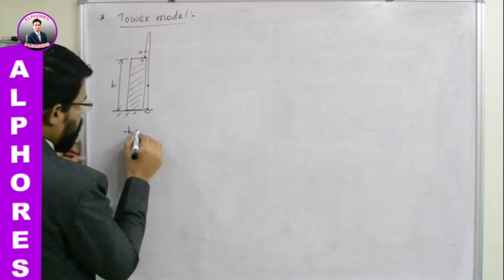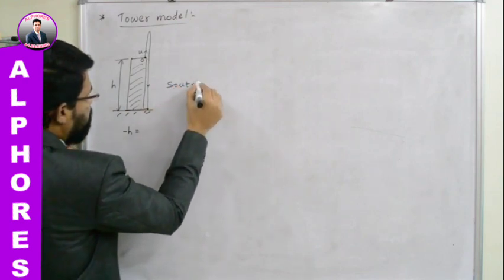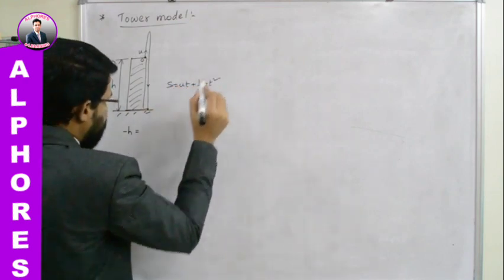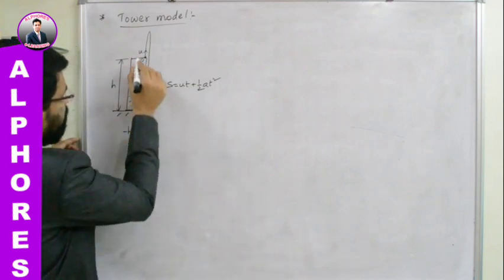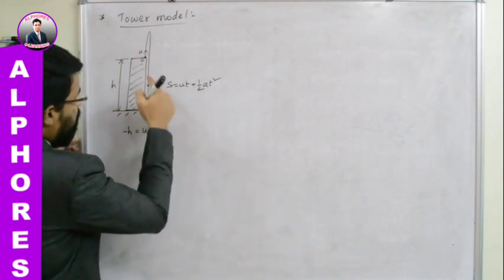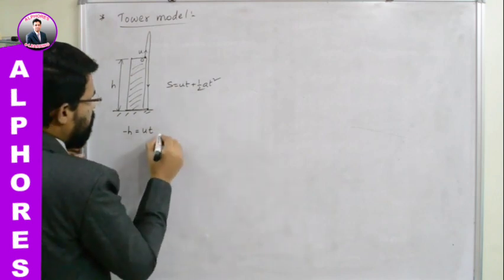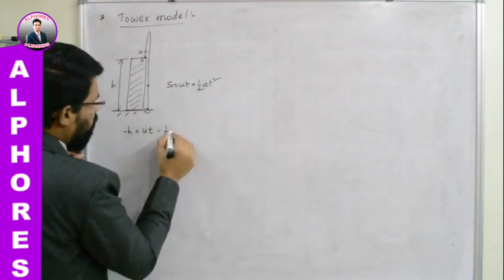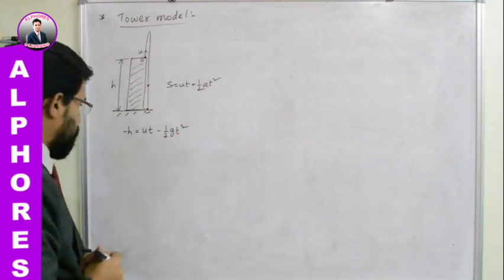And this minus h is equal to, using which equation? S is equal to ut plus half at square. I am making use of this equation. Here displacement is minus h and what is the initial velocity? u. Let the time of journey be t. It is projected in the upward direction, right? So if it is projected in the upward direction, a will be replaced with minus g. So you will have minus half gt square. So this is how you are supposed to frame the equation.